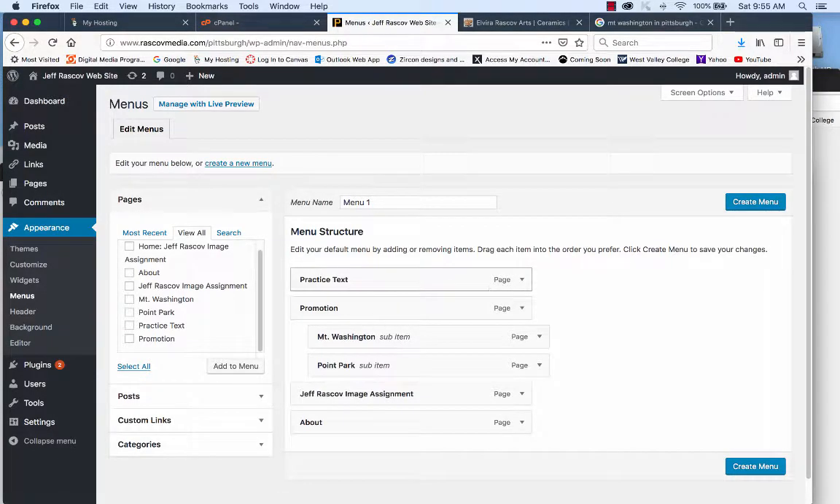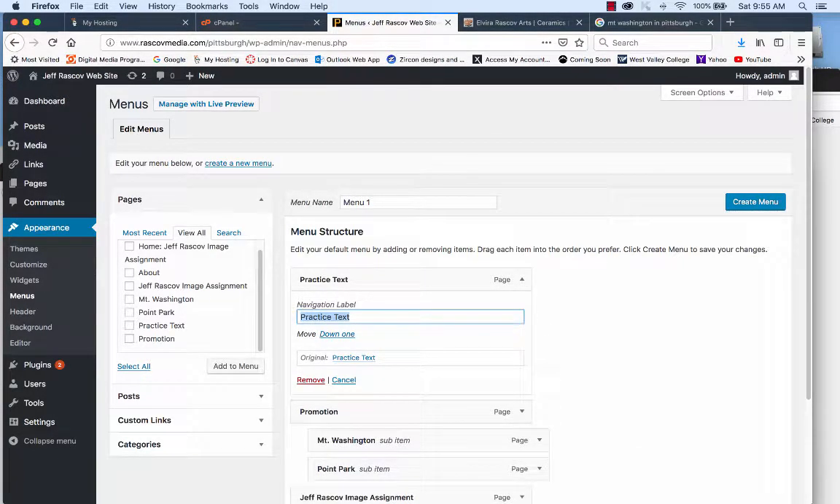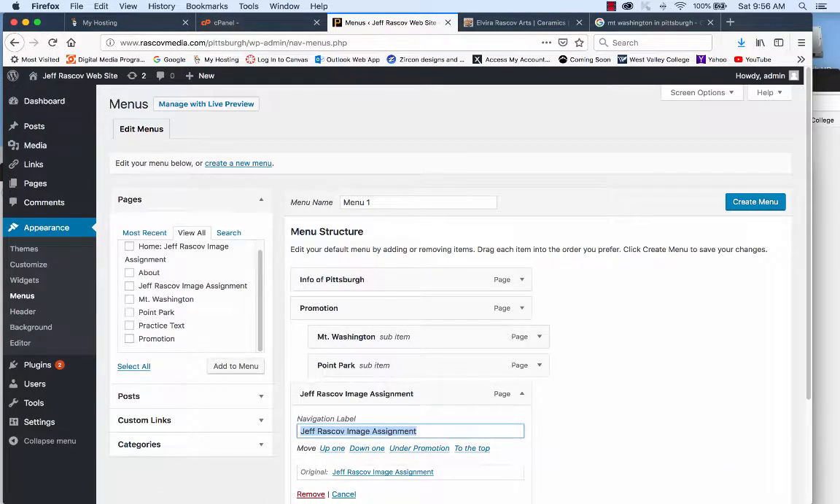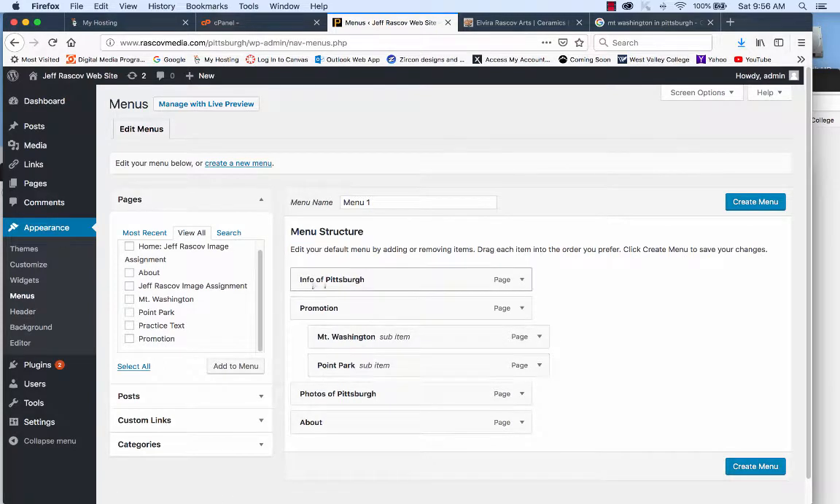And then we can change the name as well. So some of these names I just want to get rid of. We'll change the name. So the practice text would be info of Pittsburgh. And then we could change the text in there. And then the image assignment, well, these would be photos of Pittsburgh. So you can change the name of the menu here as well. So that makes a little bit more sense. It looks a little bit better. So we hit create menu,